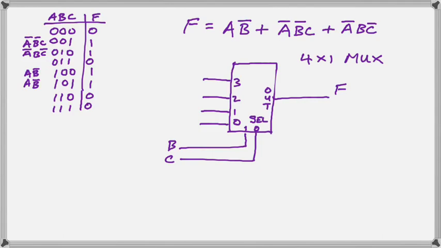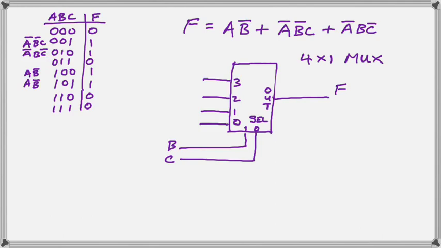Now let us go on to implementing functions with the multiplexer. There we have a function and we've put it on the truth table in the normal way. Now whenever you draw your 4x1 multiplexer, you're going to draw it as shown. It has 4 inputs, 2 select lines, 1 output line, and do not forget to put on the B, C,